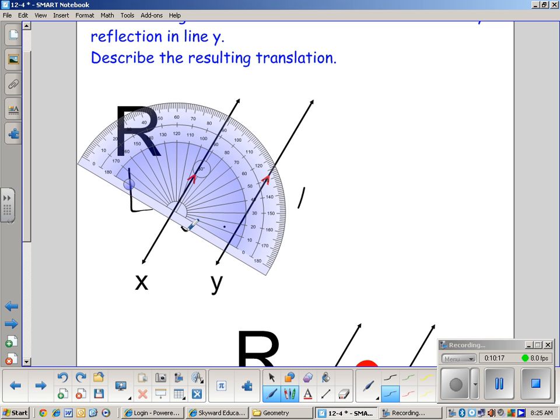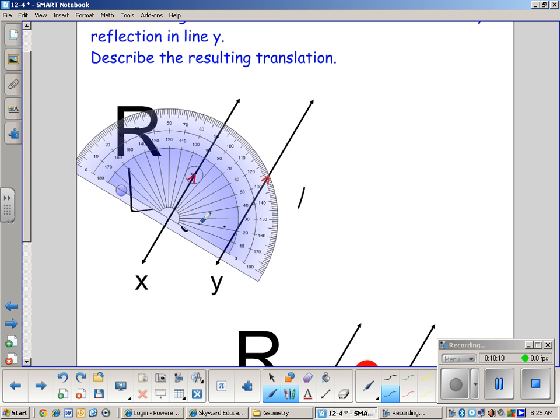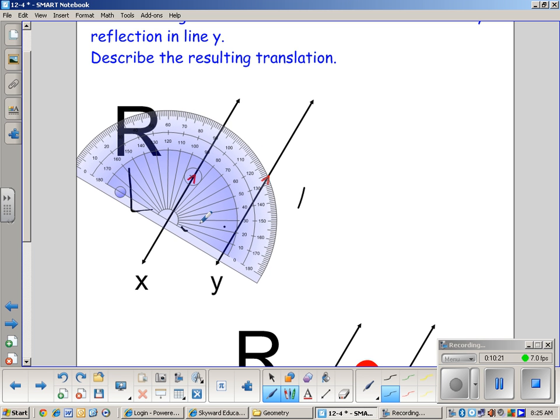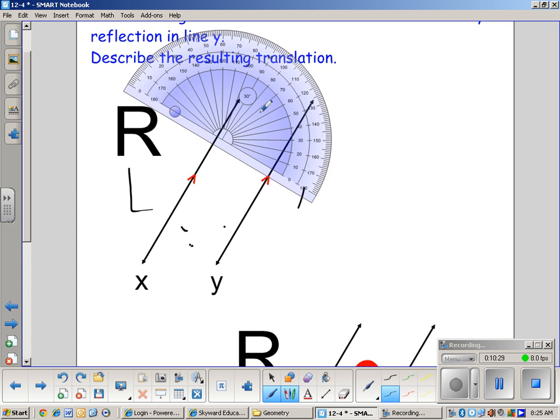Somewhere in the middle of that. So here's that L, okay? Now if I reflect that L over this line,